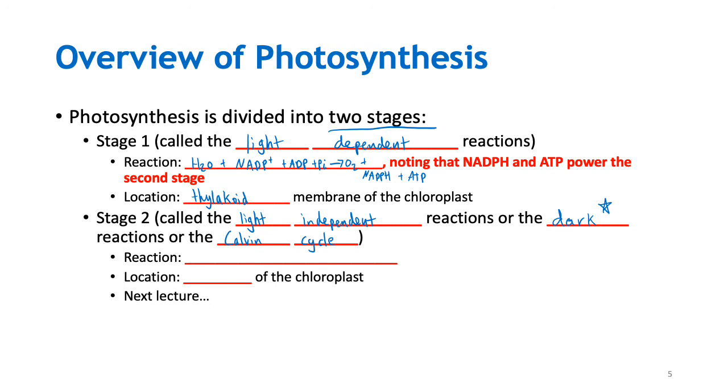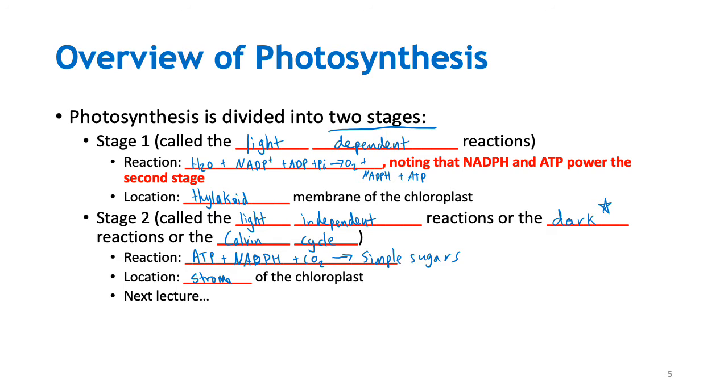Okay, so what you see here is you take your products, ATP and NADPH, which came from stage 1 of photosynthesis, and then you combine them with CO2, and of course this is not a balanced equation, and what you yield is simple sugars, such as glucose. The location of this is the stroma